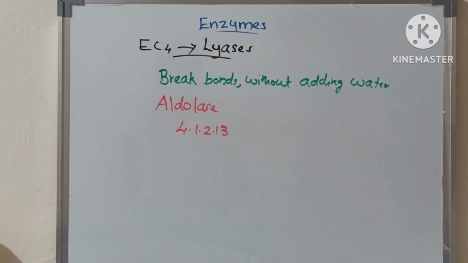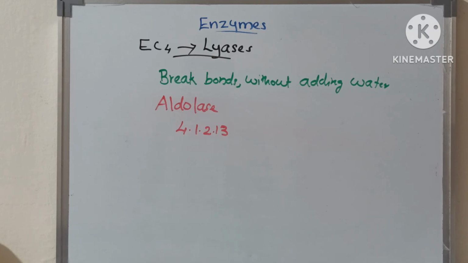The fourth classification is lyases, which break bonds by mechanisms other than hydrolysis, that is without addition of water, leaving behind double bonds. For example, aldolase, which catalyzes the conversion of fructose 1,6-bisphosphate to dihydroxyacetone phosphate and glyceraldehyde 3-phosphate. Aldolase has EC number 4.1.2.13. 4 means it is a lyase, 1 means it acts on C-C bonds, 2 means it is an aldehyde lyase and 13